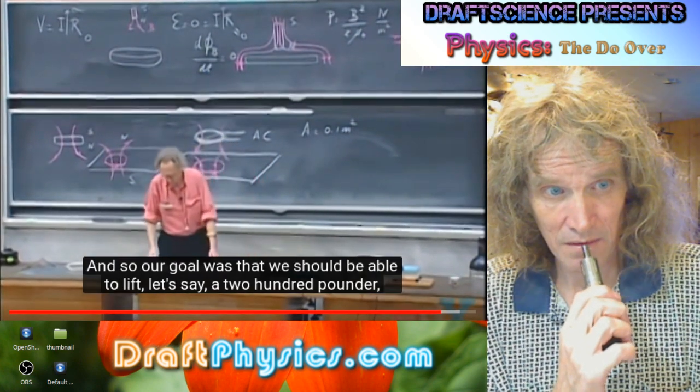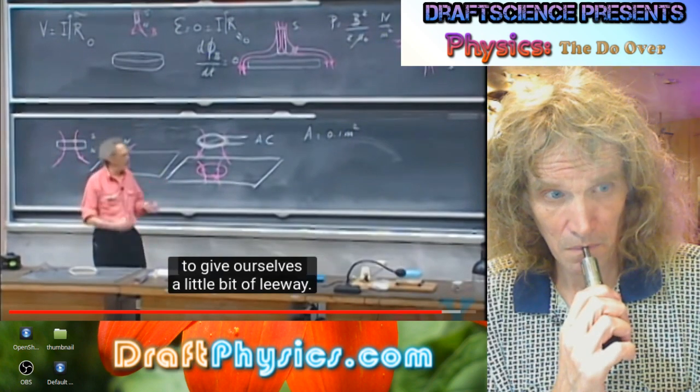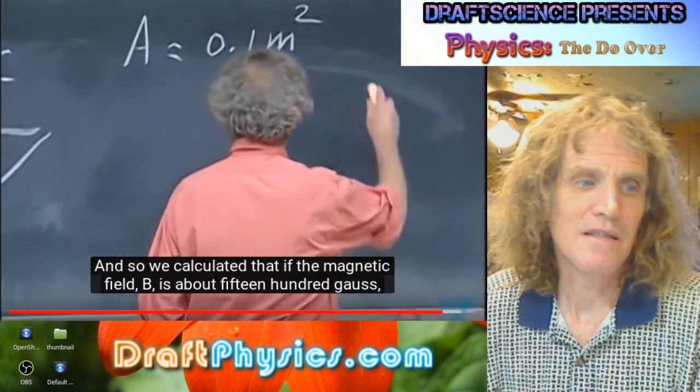And so our goal was that we should be able to lift, let's say, a 200-pounder to give ourselves a little bit of leeway. And so we calculated that if the magnetic field...